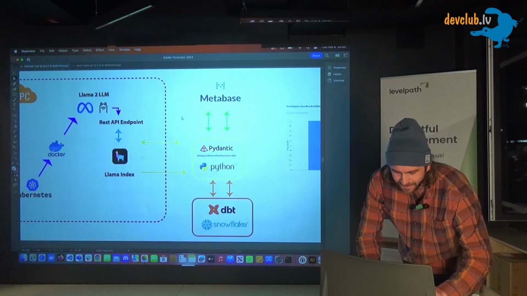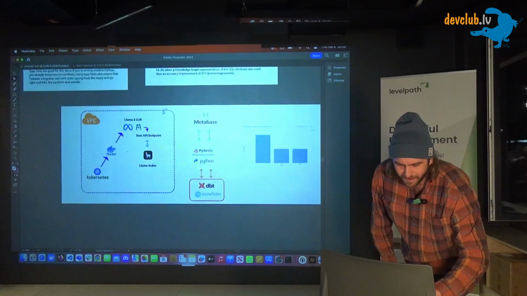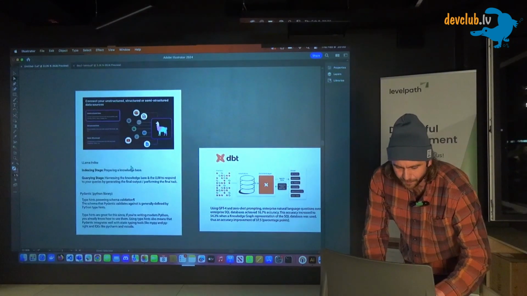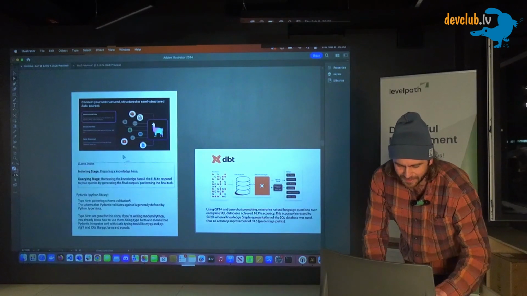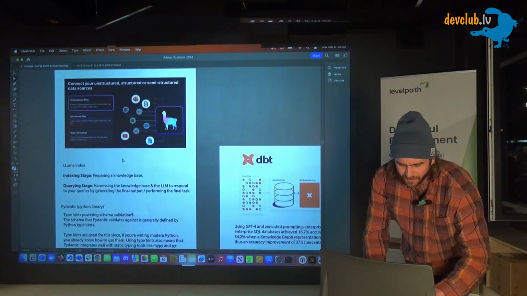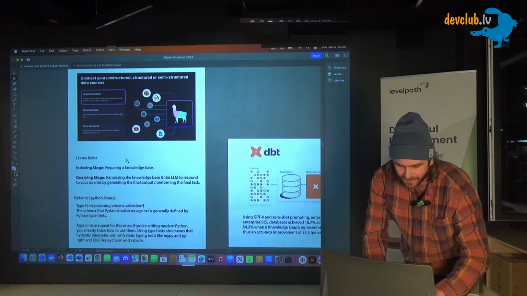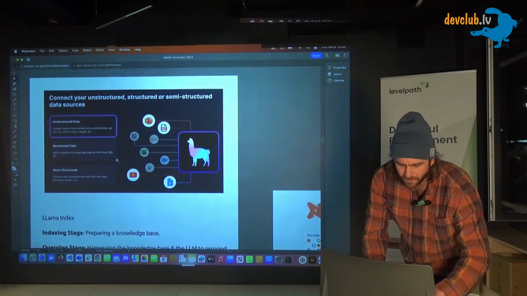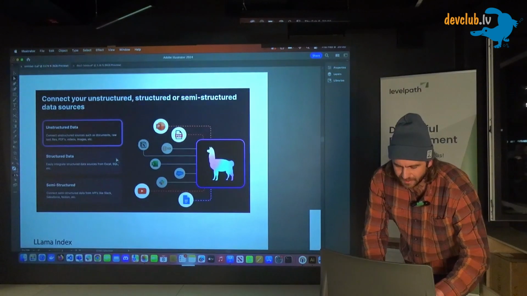So, talk a little bit about Llama Index, and then DBT and Pydantic, and that should cover how all of this stuff connects. So, Llama Index,